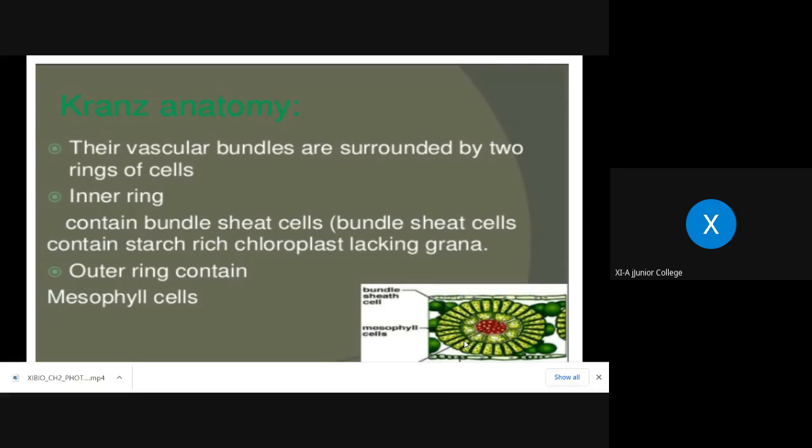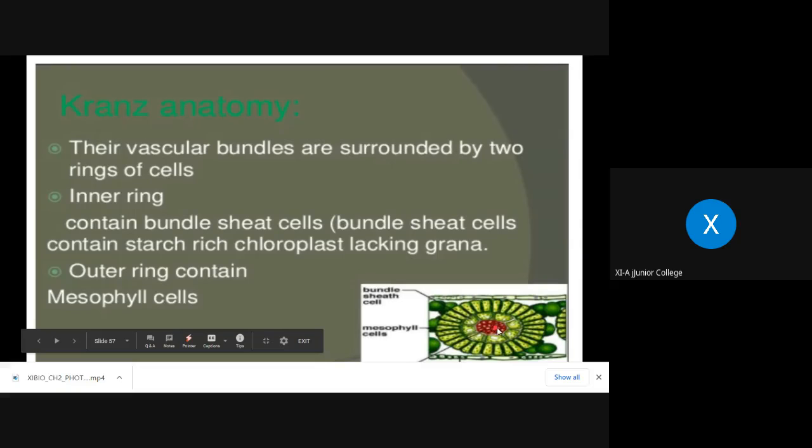There the anatomical features, that is Kranz anatomy in C4 plants, is shown, where I will come to that diagram also, but before that you can see this centralmost part is called the vascular bundle, which is surrounded by a ring of cells, and that is called bundle sheath cells. Try to understand. Here you can see the pointer. I am showing you, locating that at the center, this is the vascular bundle.